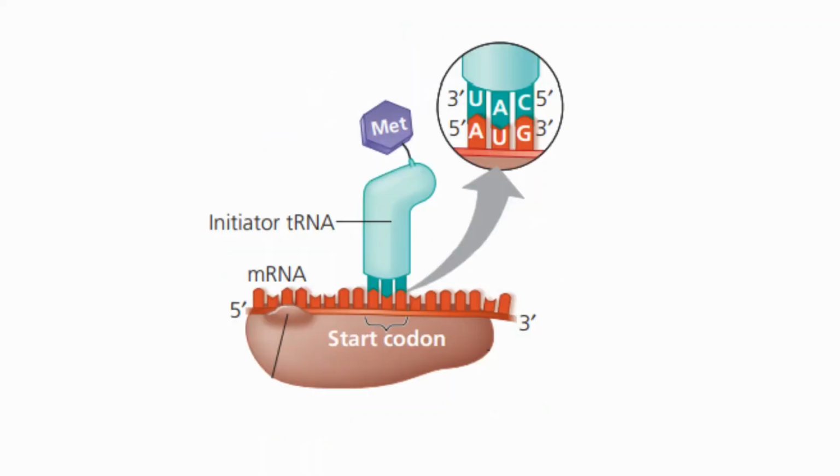The mRNA strand is made up of codons, which are sequences of 3 nucleotides. The ribosome subunit moves along the mRNA in the 5' to 3' direction until it recognizes the AUG codon, which is the initiation codon. At this point, initiator tRNA possessing the UAC anticodon pairs up with the AUG codon of the mRNA. Then the large subunit of the ribosome combines with the small ribosomal subunit, completing the translation initiation complex.